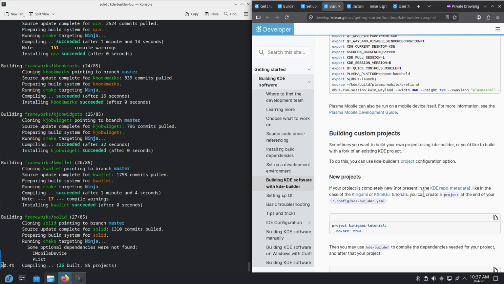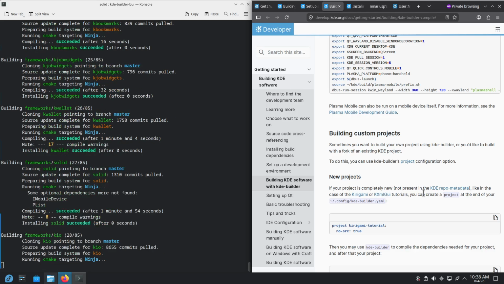Maybe you have a project that you're working on, that you just invented, a graphical user interface application for Linux that uses KDE frameworks version 6, and you want to build all of the KDE frameworks on their latest version using kde-builder. But then you also want your application that you're developing to use the exact same versions of the binary files of